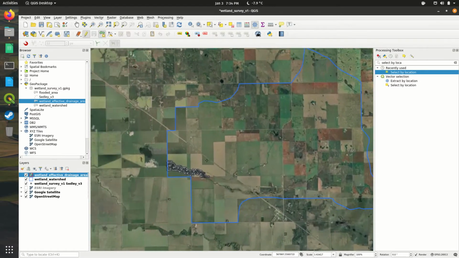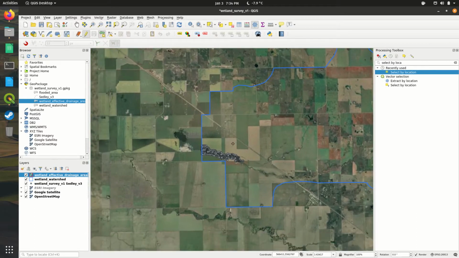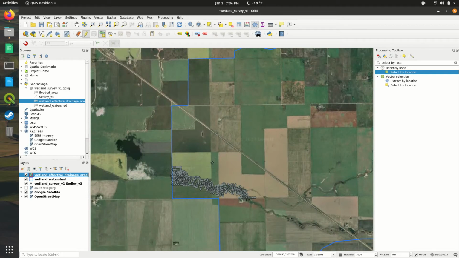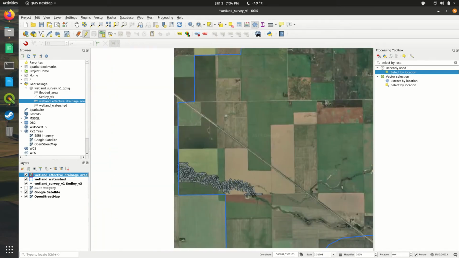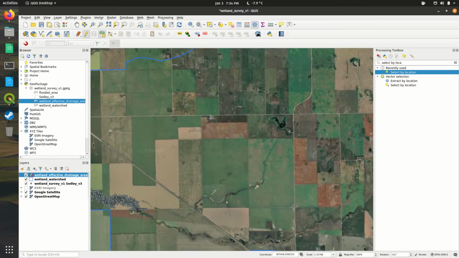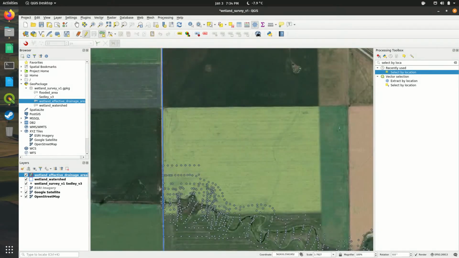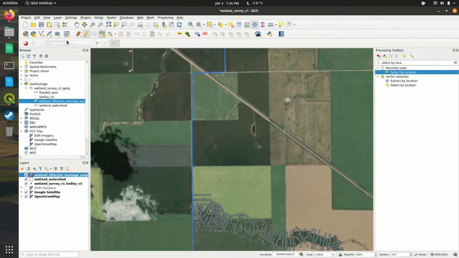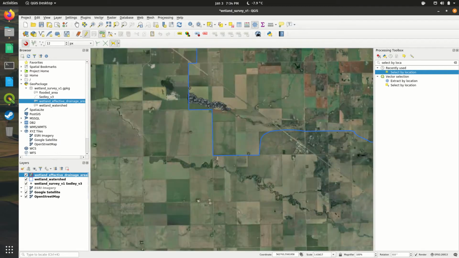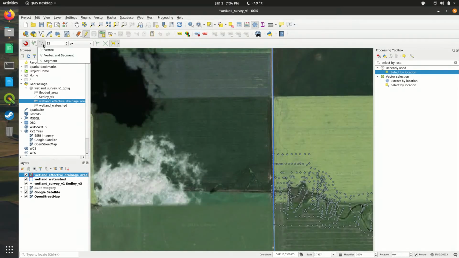I think in the last GIS lab I taught at the school, I went over effective drainage area a little bit, but I'm not going to go over it at all in this one, just because I don't have a digital elevation model. But I'll just remind you how to draw things again. You'll want to have snapping on, so you can snap to the border, and you'll want to make sure snapping is on vertex and segments. So now we can snap to this, we can turn off these points,